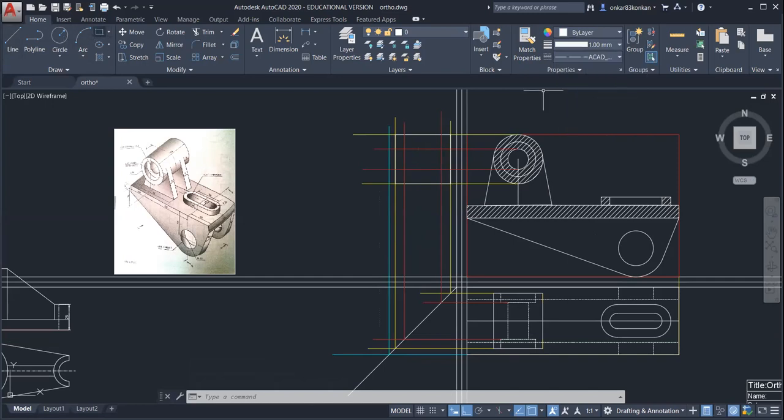You can select the rectangle and draw this hidden rectangle. Okay.